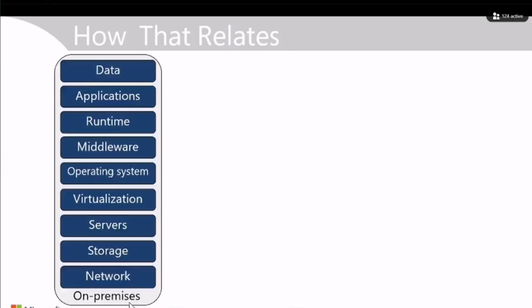So how does that relate to IT infrastructure? So your on-premise solution is, as shown here, you start with the network. On that, you attach your storage area network storage. You then connect servers and configure virtualization. For each virtual machine, you need to configure and set up an operating system. Middleware and runtime components sit between the operating system and the applications that you want to run. And then, of course, your users save data into those applications. So everything is provided in that on-prem context by you.